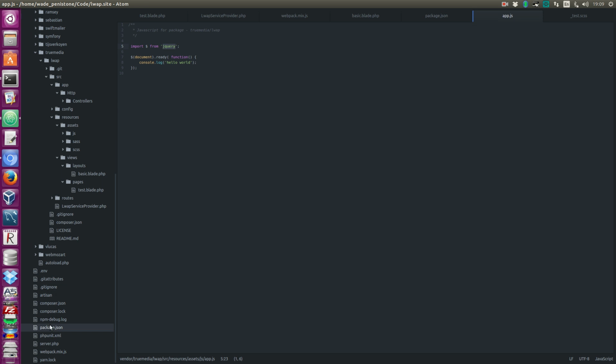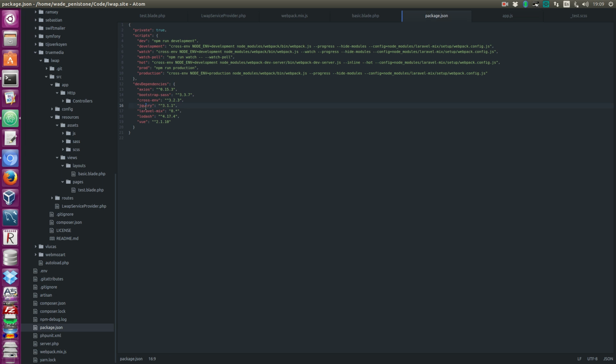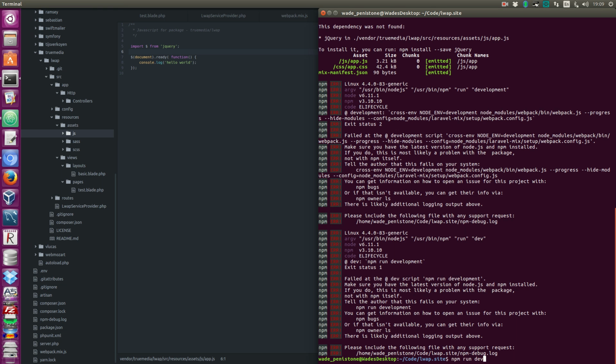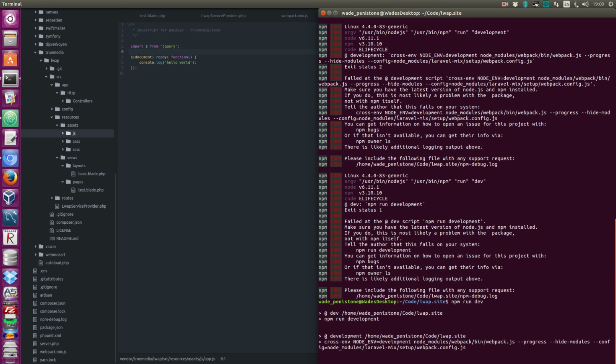If you look at the package.json, you use the name of the dependency from here, and it has to match the case as well. So my error there was making the Q uppercase, which is often the way the jQuery name is defined. So if I try running that again, now that I've corrected that issue,